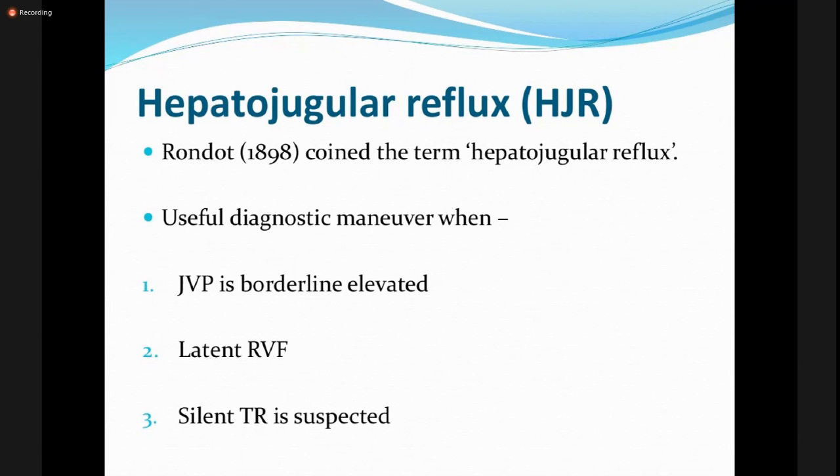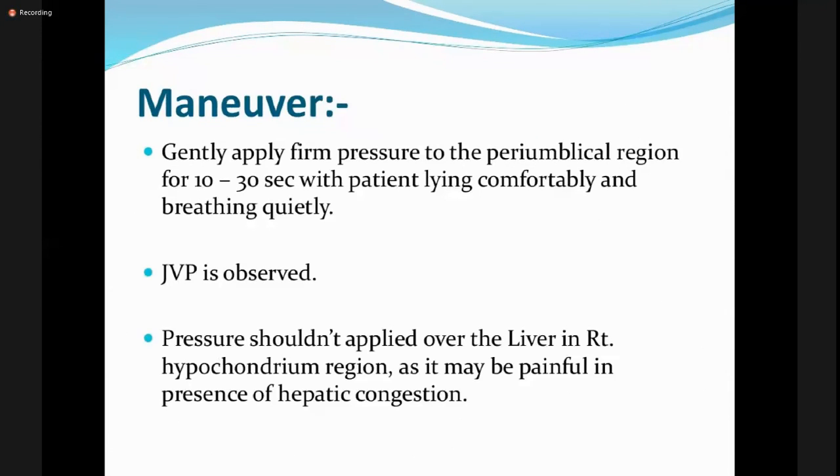To diagnose the latent right ventricular failure or to diagnose the silent tear. ম্যানুভারটা কি হবে? যদিও এটা একটা মিসনোমার টার্ম, যদিও বলছি এটা হেপাটোজুগুলার রিফ্লাক্স, কিন্তু আমরা সবাই জানি এখন এটা আসলে অ্যাবডোমিনোজুগুলার রিফ্লাক্স। আসলে আমরা পেরিয়াম্বিলিক্যাল রিজনে সাস্টেইন জেন্টাল প্রেসার দেব ফর 10 to 30 সেকেন্ড এবং সাইমালটেনিয়াসলি দেখবো যে জেভিপিটা রাইজ করছে এবং সাস্টেইন করছে, এই রাইজটা সাস্টেইন হবে, কারণ এনি প্রেসার ইন